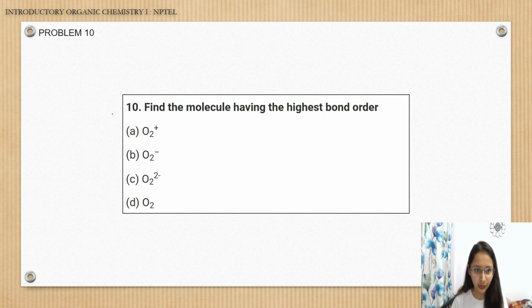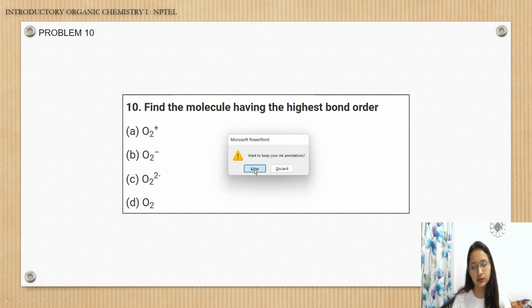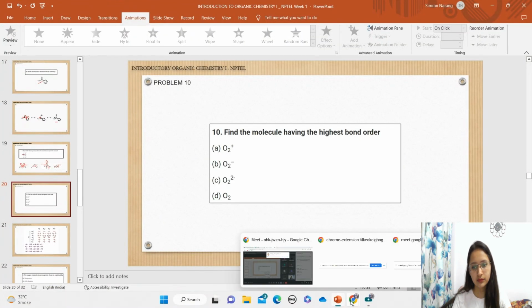Okay. So I'm going to problem number 10. As I was saying about bond order, here comes the bond order question. Here you have to find the molecule having the highest bond order. Among these, you have to list which has the highest bond order, right? For calculating the bond order, first of all, you need to know